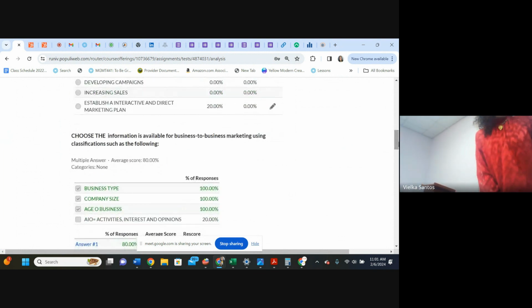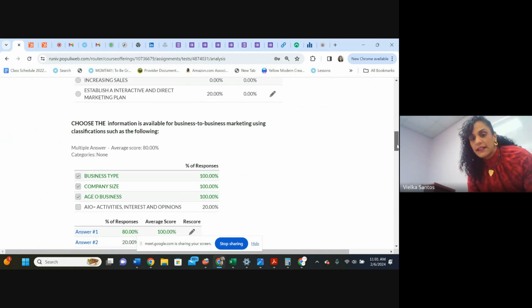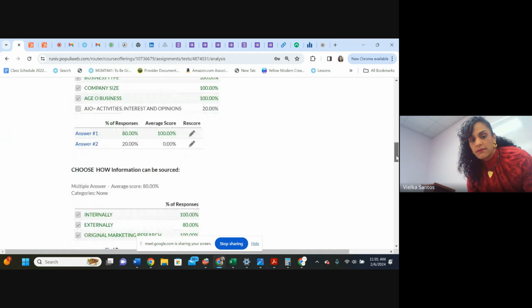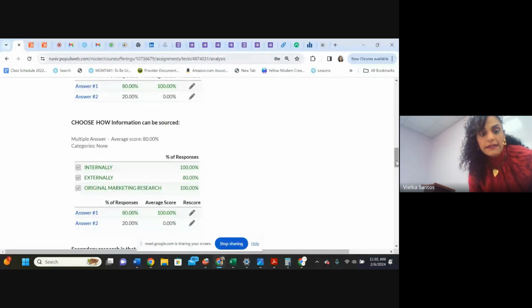And then we have the information available. I won't choose this one because this is more regarding individuals. Maybe if you wanted to put it there, but it's more for individuals, okay? So let's leave it like this, and everybody did the same. Well, some of you put different. Okay, here we agree. Almost all of us agree on everything.